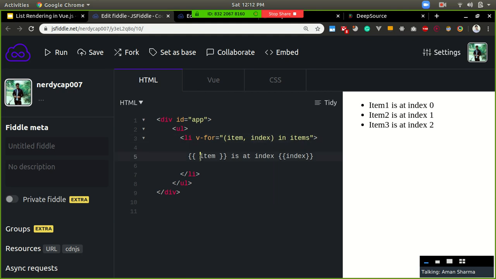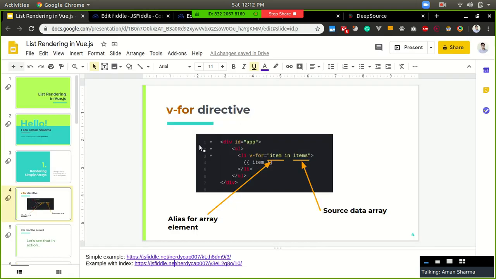So item 1 is at index 0, 2 is at 1, 3 is at 2. This is a pretty basic rendering of any list in Vue.js.